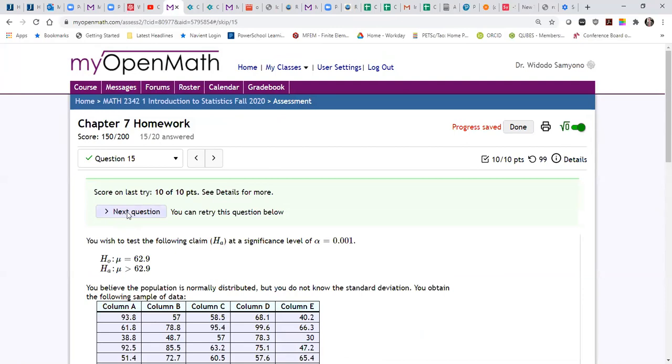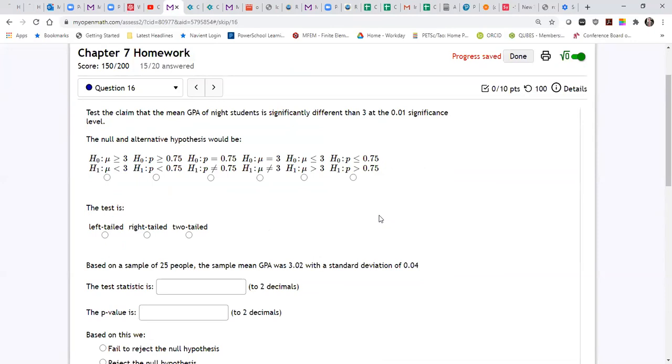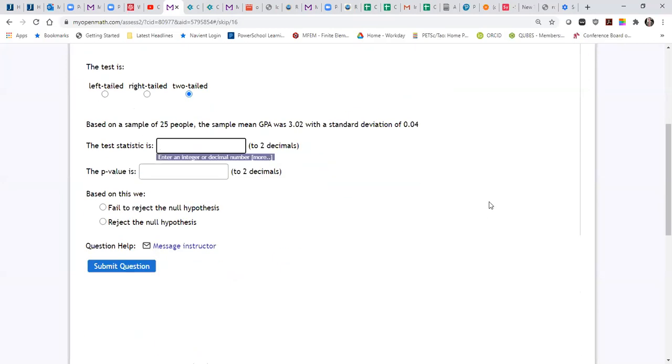We still have 15 minutes, I think. Yeah, we can continue. So I just say significantly different than 3. That means it is just two-tailed test, okay? So looking for the one that's not equal to 3. So the answer will be this one: the test is a two-tailed test, because it's significantly different than 3. And the test statistic will be